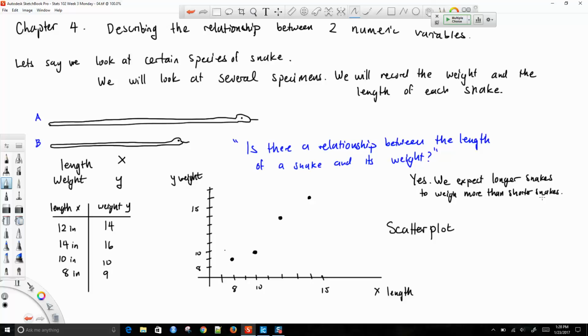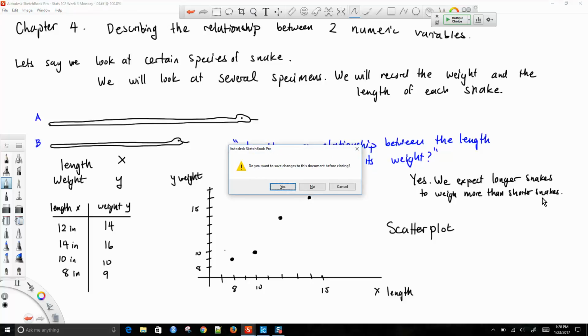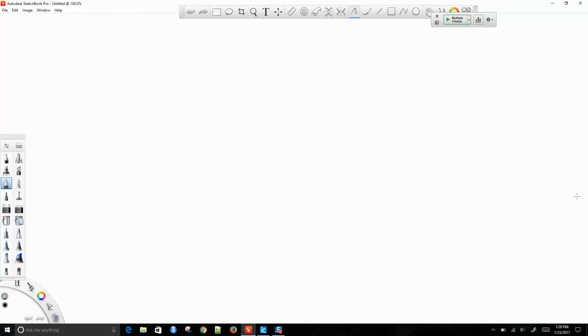This is the general idea, and all of our data and our examples will not be easy, because as far as snakes go, we would expect a very strong relationship between the length and its weight. So when we describe a relationship between two numeric variables,